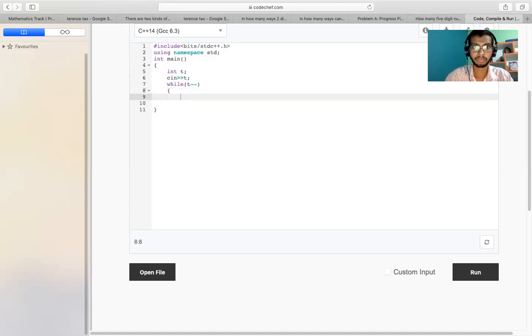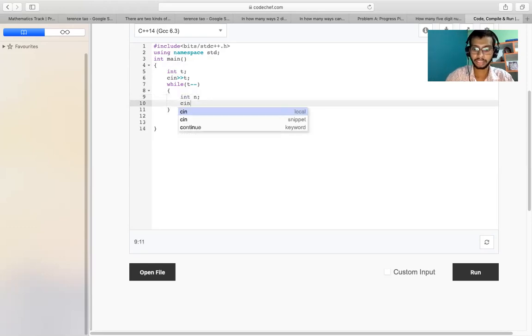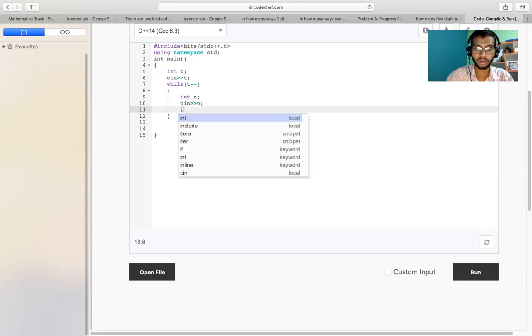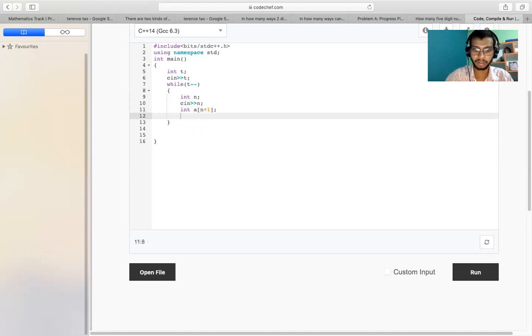Then I'll input the size of the array, and make array a of size n plus 1, and the second array b also of size n plus 1. Let's make the arrays of long.